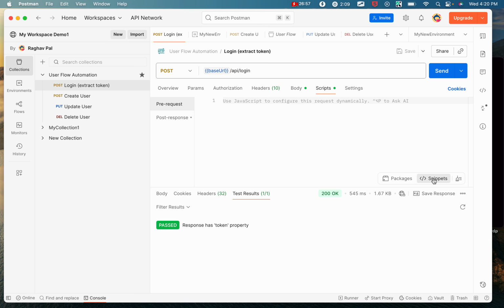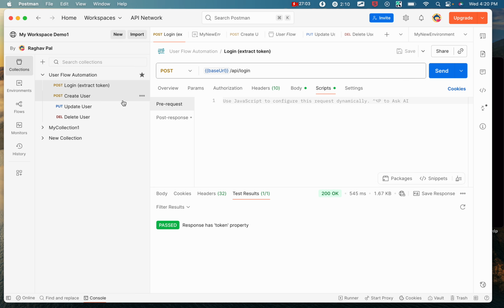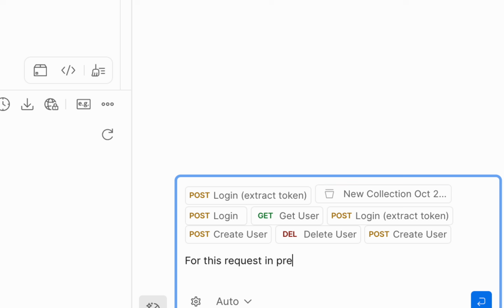Now here, if you find something in the snippets for time, you can check this. Otherwise, again, the best way now is I will go to the ask AI, and here I will say for this request in pre-request add script to get the current time